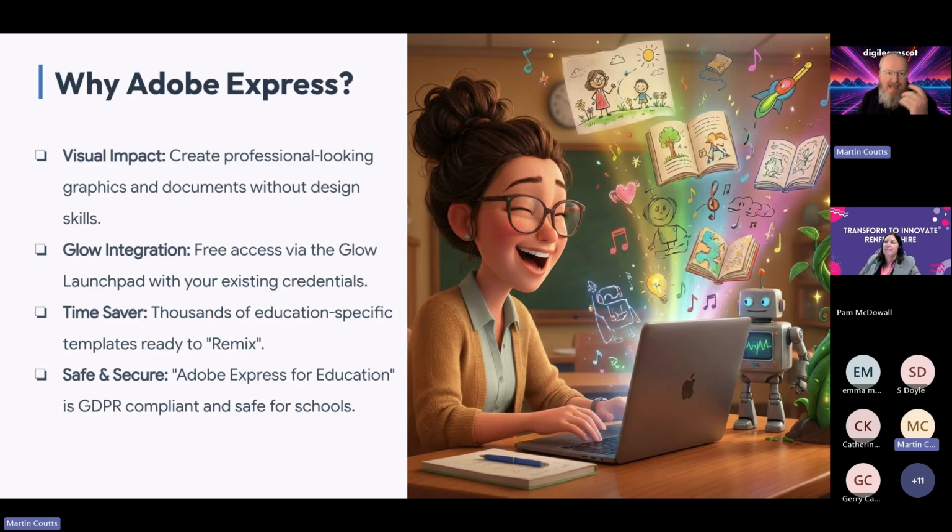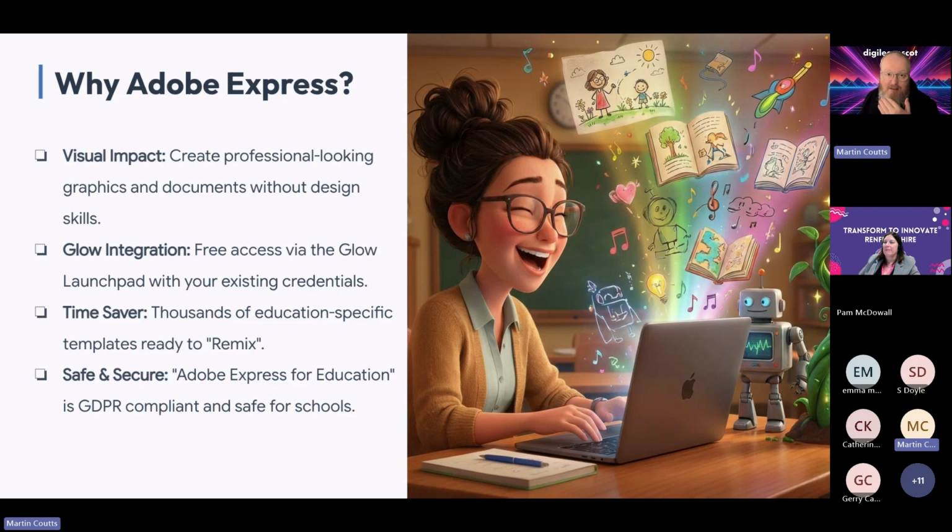The fact we have this access via Glow as well means that we can use it. And within school, we can use it on any device. I did training for staff. Pam was a thing I spoke about last week, but I did training for staff, and in the class we had iPads, Chromebooks, and Windows laptops. Does that sound familiar to your local authority? I think it might do. So the fact that as educators and as pupils we have access to this regardless of the device means that